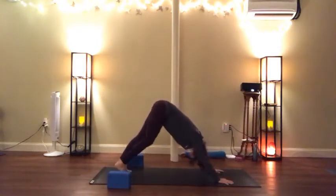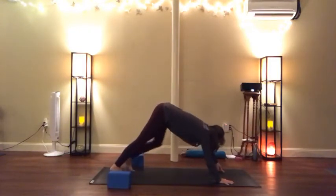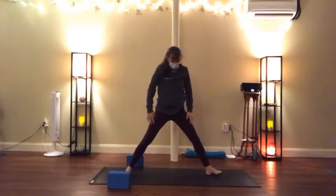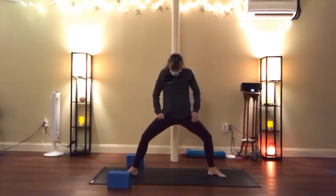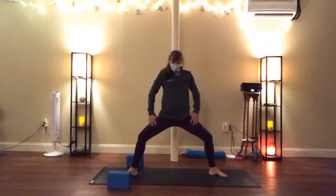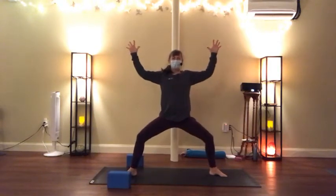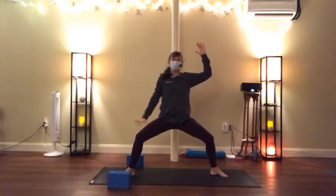Well, let's go ahead and meet back in down dog. Walk a little bit, wag your tail around a little bit. And we're going to bring our right foot forward, and we're going to turn again towards that left side of our mat for a goddess. So now we're facing the other way. We've got ourselves into our toes turned out, knees right out over the center of our feet. Bring your arms on up and out, bend your elbows. Now don't go too deep for now. Think about being really solid from the waist down,